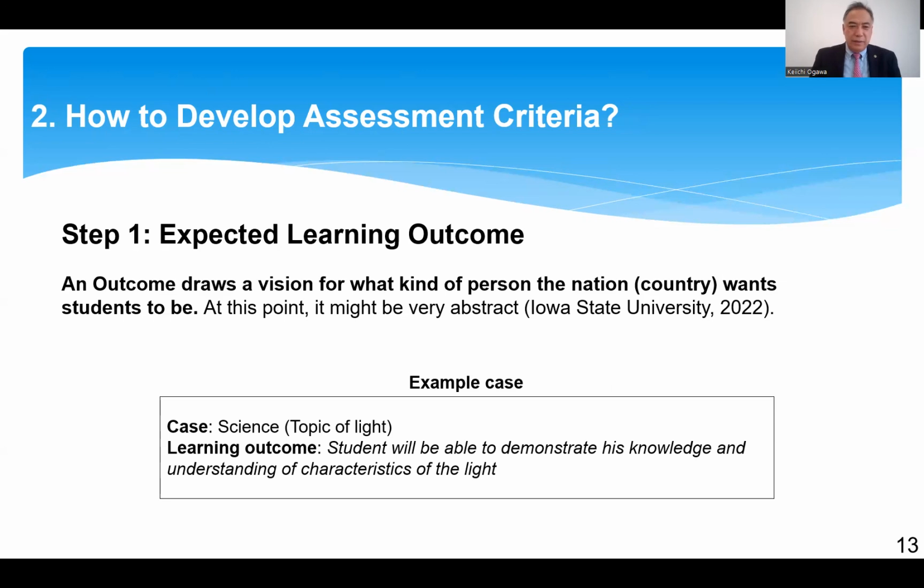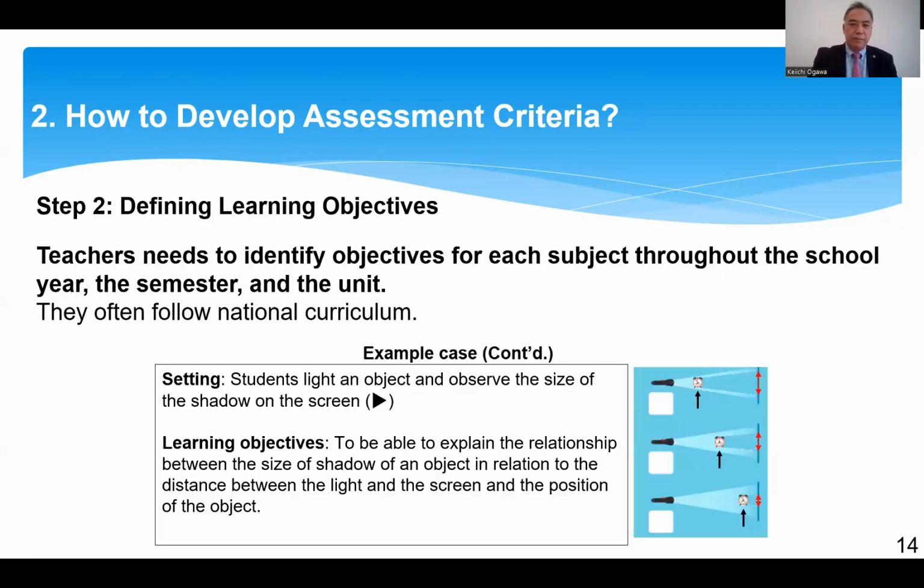Let's say science, topic of light. Learning outcome: the student will be able to demonstrate his knowledge and understanding of the characteristics of light. So this is, let's say, an example. It's a science class. So based on that,